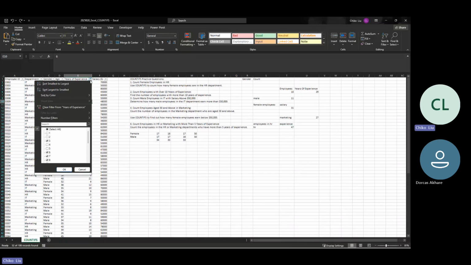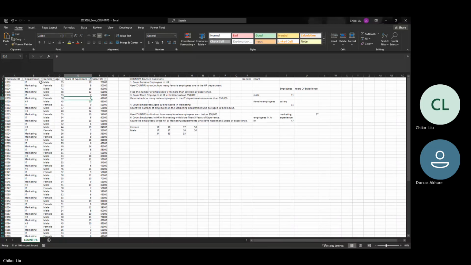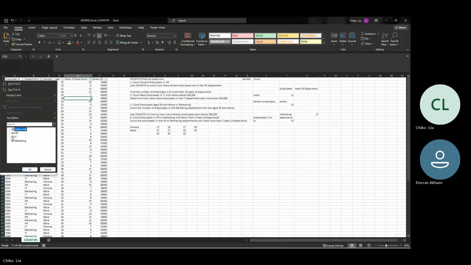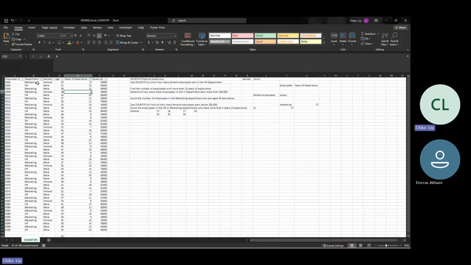Let me see. Hold on. Oh, I added 3 to this. I was supposed to uncheck 3. So that's fine. Let me do a selection again, and I have 47. Oh, cool. So you can see the count here is 47,